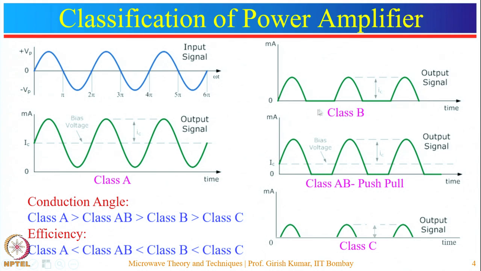Now, as I mentioned, these amplifiers suffer from distortion. So, another type of amplifier is made by shifting the operating point slightly towards the active region. So, these types of amplifiers are known as the class AB push-pull amplifiers. The conduction angle of this amplifier is greater than 180 degrees. In the case of the class B amplifier, the conduction angle is 180 degrees, and in the case of the class AB amplifier, it is a little more than 180 degrees, could be around 200 or 220 degrees depending upon the situation. So, in this case, the efficiency is slightly less than the class B amplifier, but it provides a distortion free